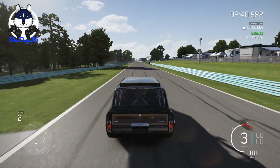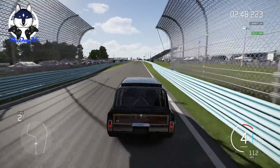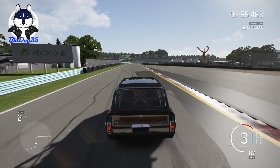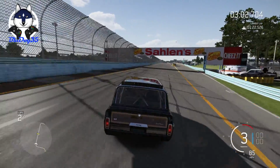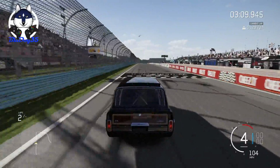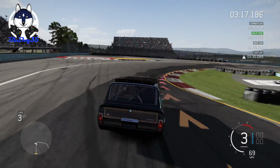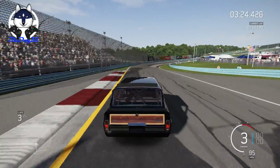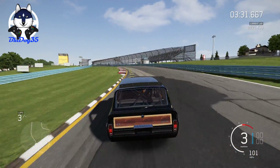So, we'll grab fourth down here. Kind of have to. I don't know why I'm looking behind me. There ain't nobody back there. I screwed that up, but not as bad as I did last time. That was actually pretty good. A little more sliding than I would have liked, but we'll see. That was worse than the original, but then again, I did watch the way out. If I can just keep it clean here, then